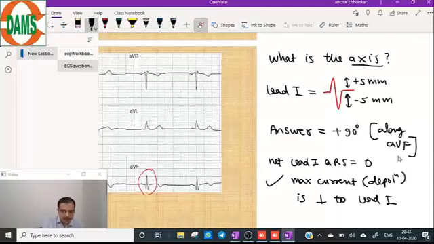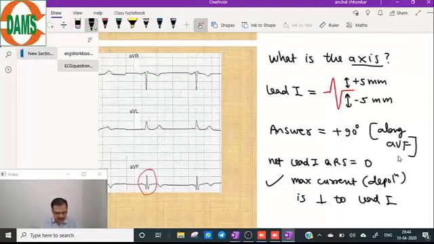So hopefully now you have understood the concept of the axis. We will finish the class here, and the ECG we will complete in the next 2 or 3 classes. What we are left with now is the section of arrhythmias, myocardial infarction and hypertension. We'll try to finish the ECG in the next 2 or 3 classes, then we will do the hypertension and myocardial infarction sections.